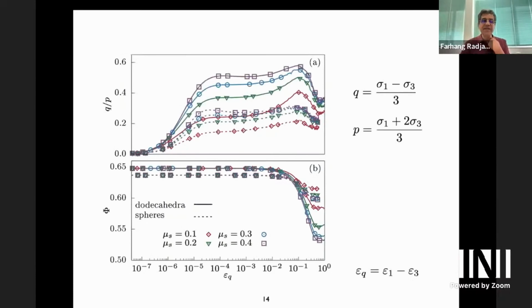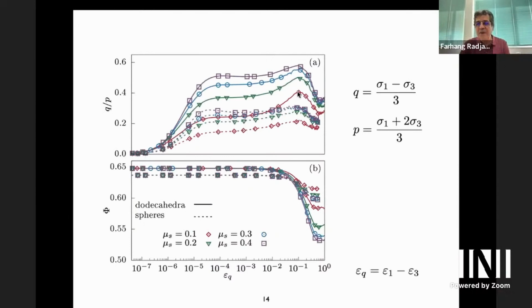So here you see the evolution of Q over P, but Q is sigma 1 minus sigma 3, divided by 3, so the difference between the stresses, and P is of course the average pressure, and so Q over P represents the normalized stress deviator. Here on the logarithmic scale, you see the evolution of Q over P. You see that at the beginning it's 0, as it should, because it's isotropic,